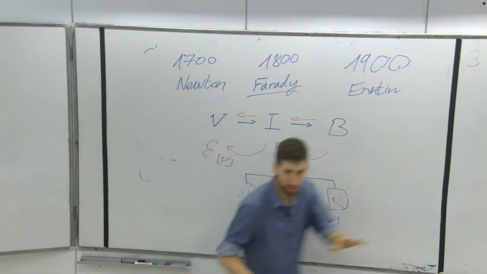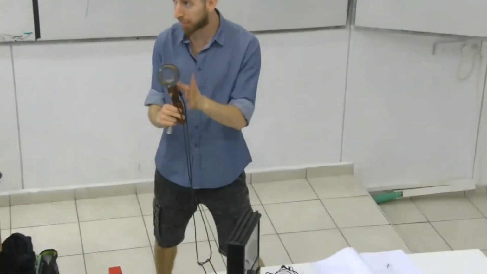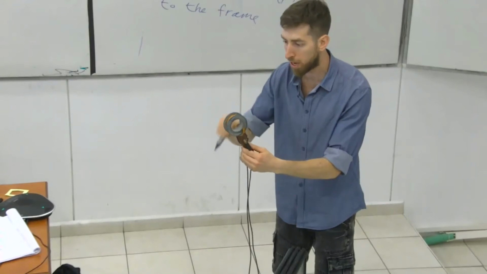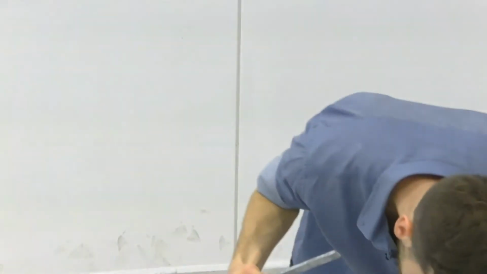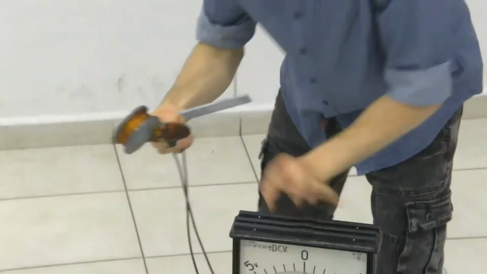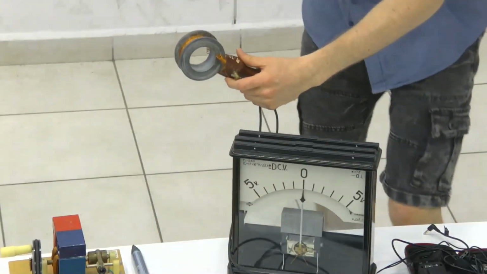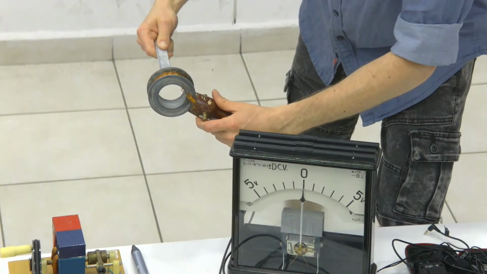Okay? Let me give you an example. Take me to the demonstration. So here, like the frame that we have, I have an area, I have a frame, right? And I'm taking a magnetic field. This is the magnetic field. Look here. Let's do that. Nothing happened. But if I change stuff in time, for example, I take the magnet and put it inside,